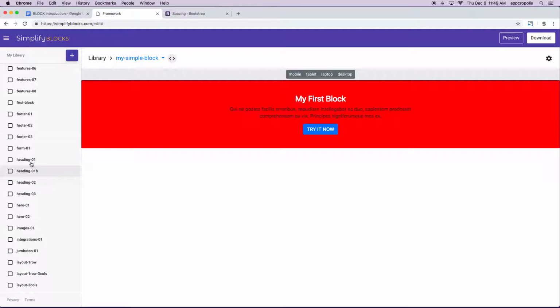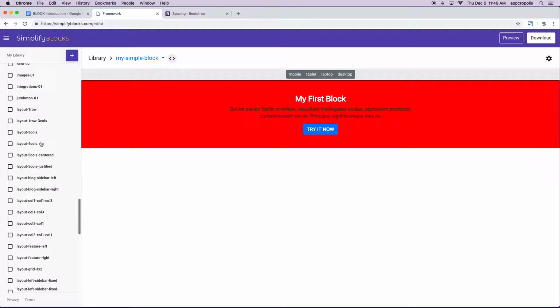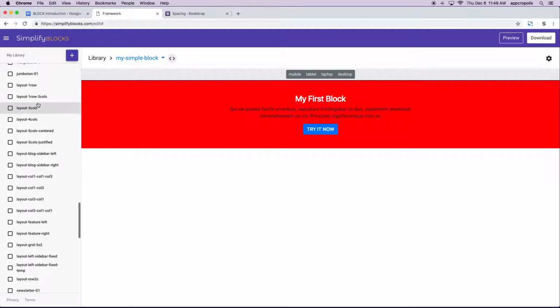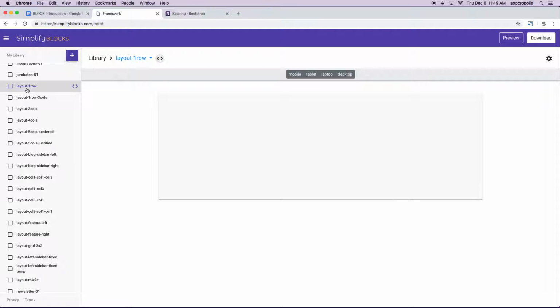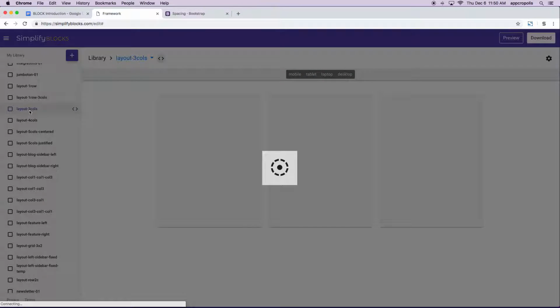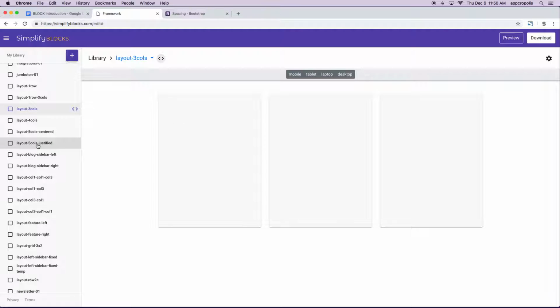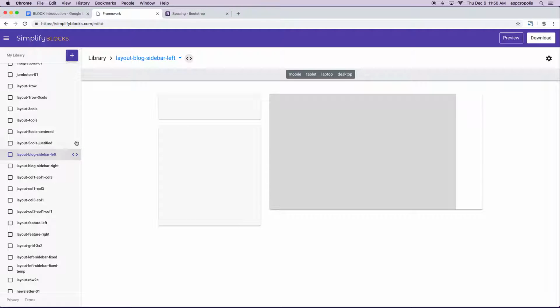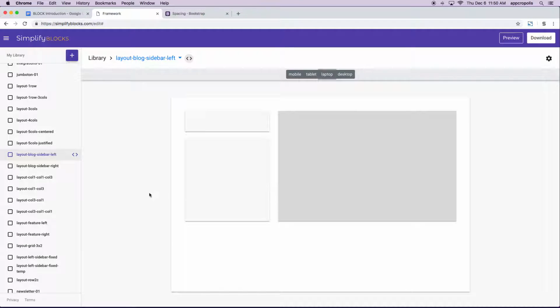So assuming that I don't have a block that is similar to the one that I need to build, if you scroll down in the side navigation, you will notice there are similar simple layouts that are already pre-created. Let me just go over a couple of them. The first one is a layout that has a simple row. It's a very simple layout. It's basically a container. Now there is also here an example in which you have that row and 3 little widgets at the bottom. I have here a layout with 3 columns, a layout with 5 columns that are justified, a layout that has a sidebar,